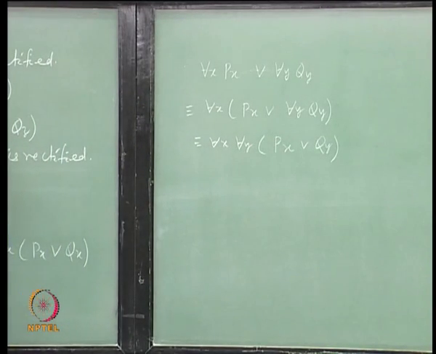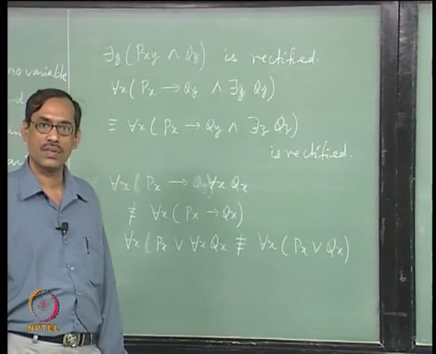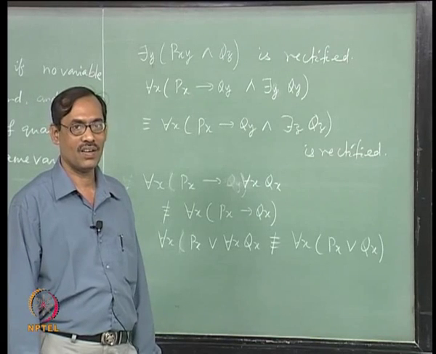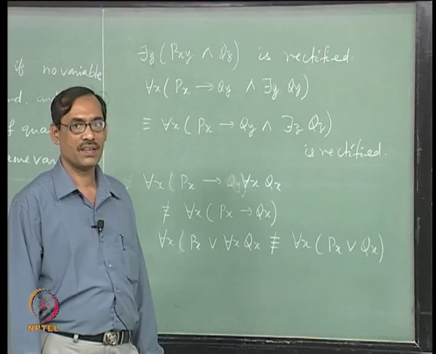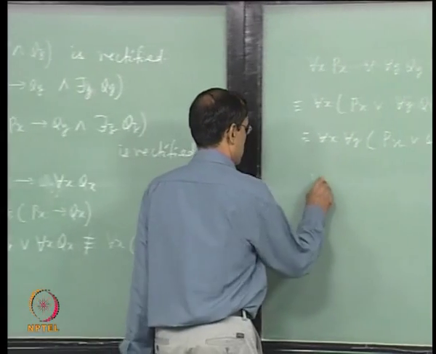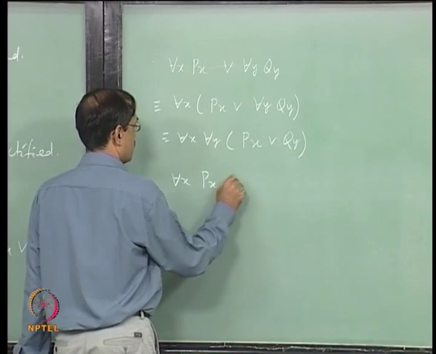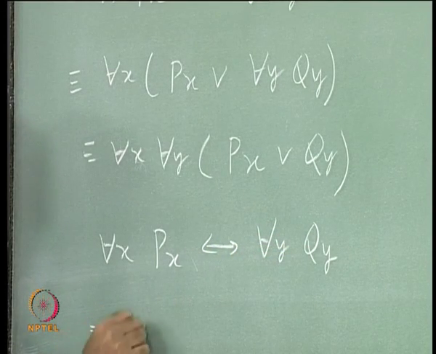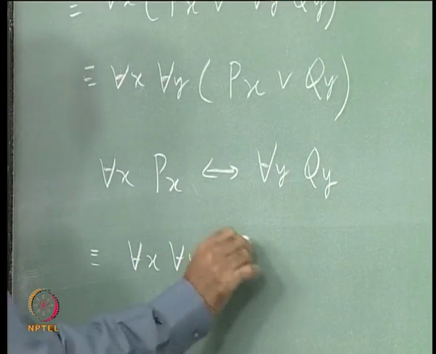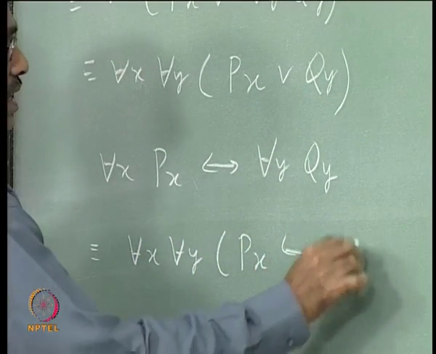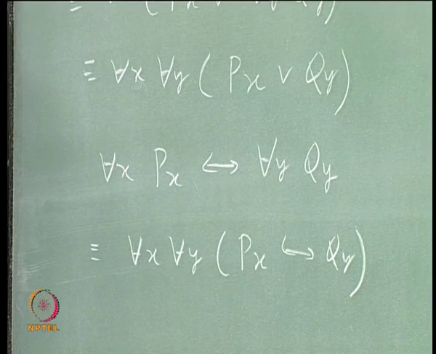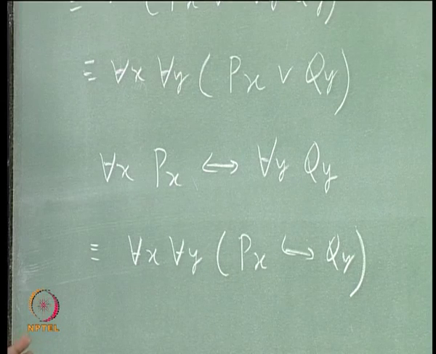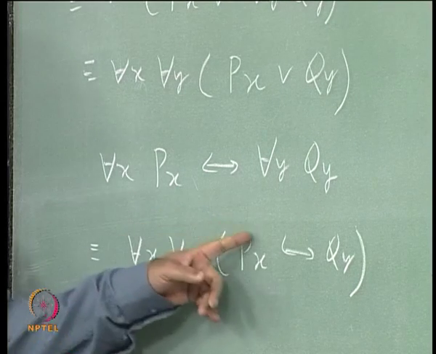Now, in general what to do? There can be if and only if also, biconditional occurring. So, for biconditional you do not have a distribution law directly, right. For example, if you take for each x p x, for each y q y, this will not be equivalent to for each x for each y, p x if and only if q y, as happened for r. Okay. For implies you have something to do, not for biconditional.